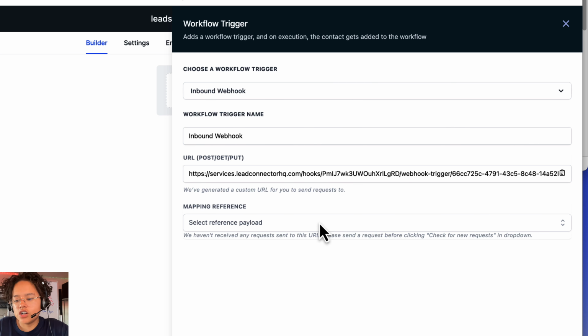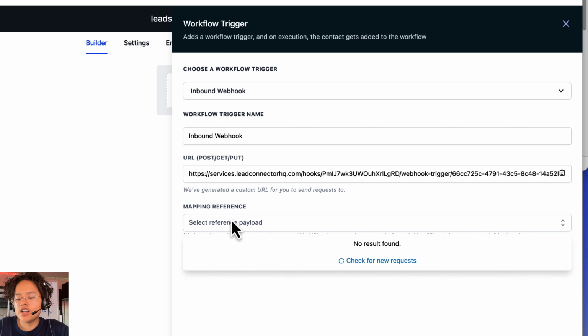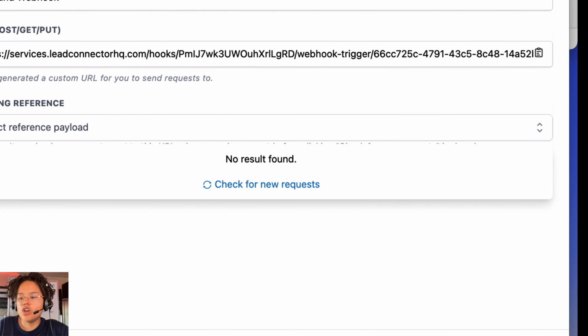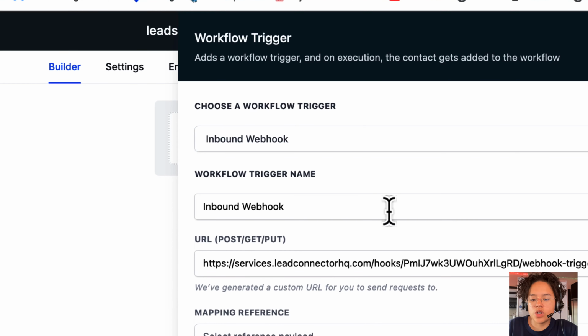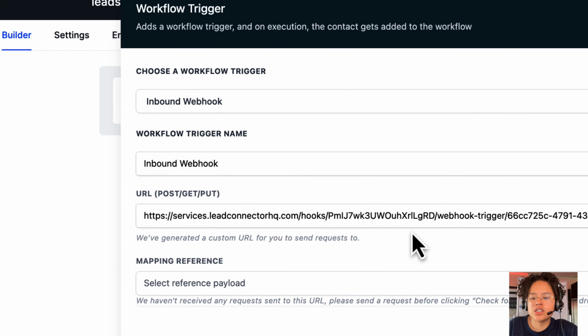So if you guys aren't understanding what I'm saying, in order to save this, you need to have data come through it first. But there's no way you're going to get data through it because you just emailed the integrations team. We have to wait until the integrations team tells us that they set up the connection, and it's good to go. What we're going to do in order to save this workflow is we're going to send some